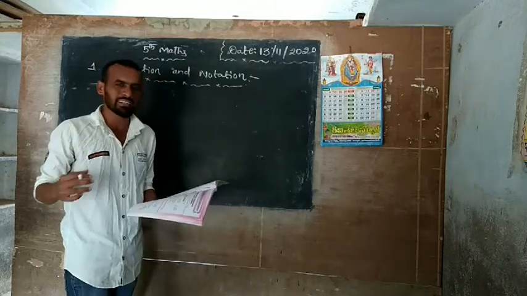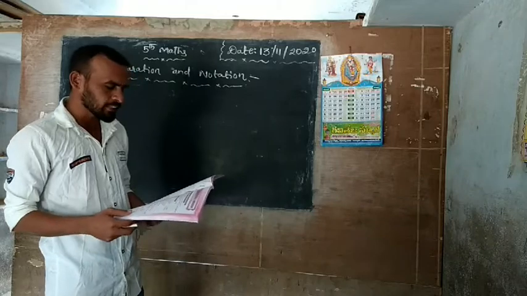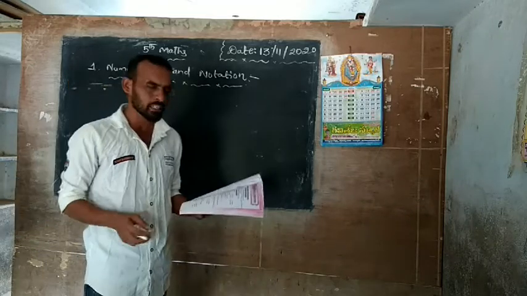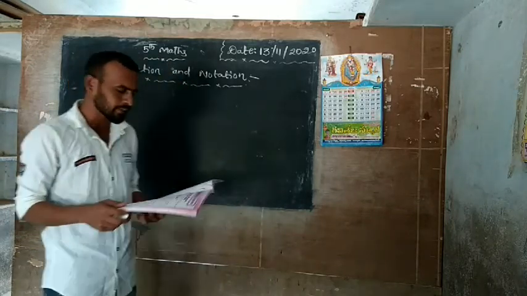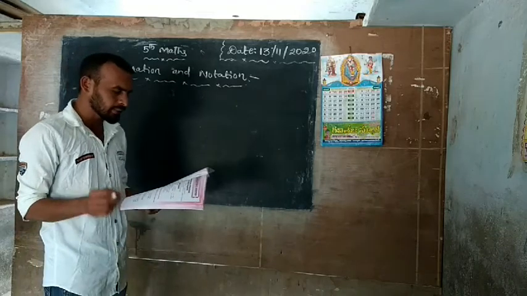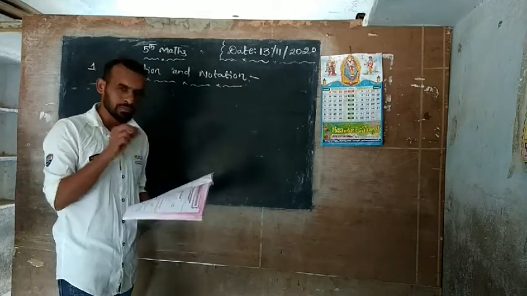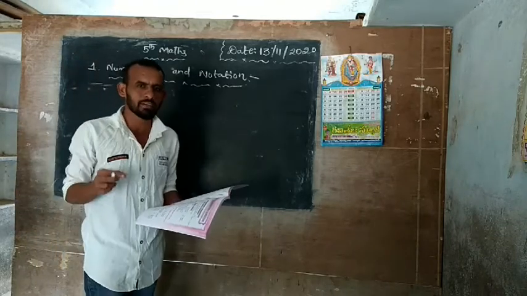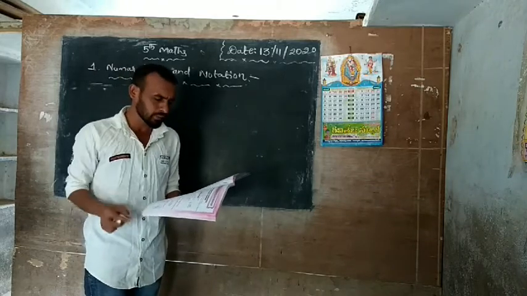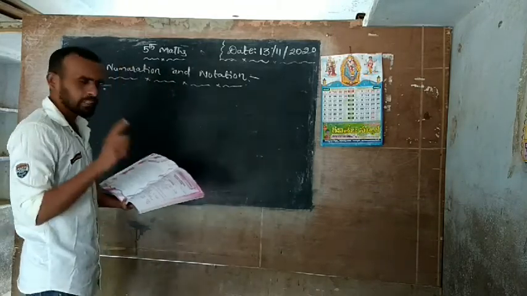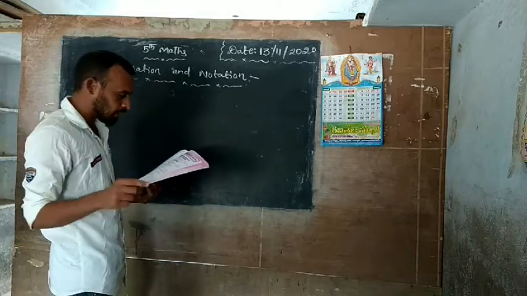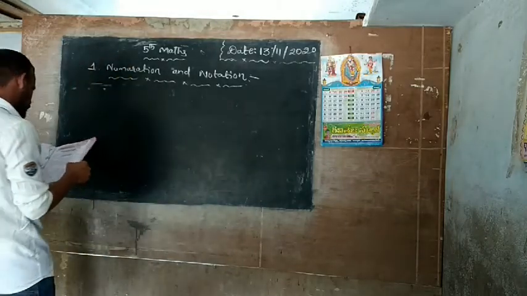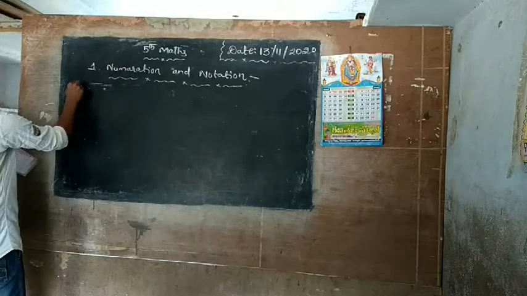Okay, now review exercise. Write the following numerals in words. Open the first page number. See here, write the following numerals in words. Here some numbers are given. Now you write the number names. I am writing one number name, and the remaining questions you will write. See, beta, first one I will explain here.